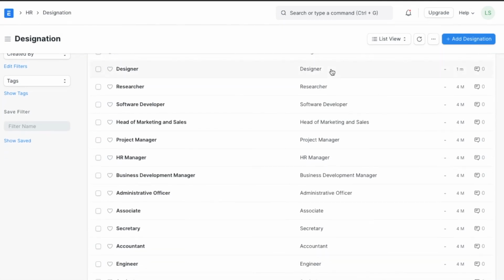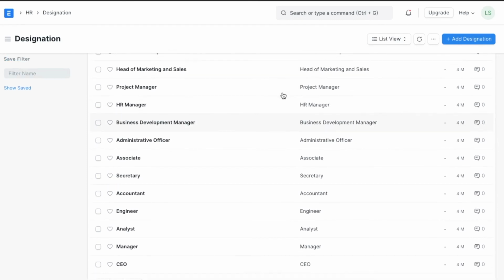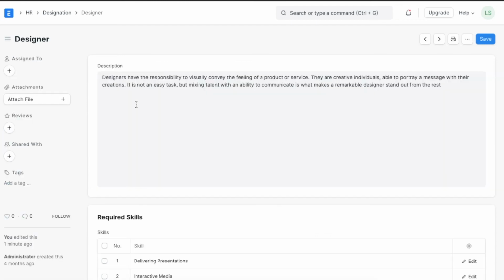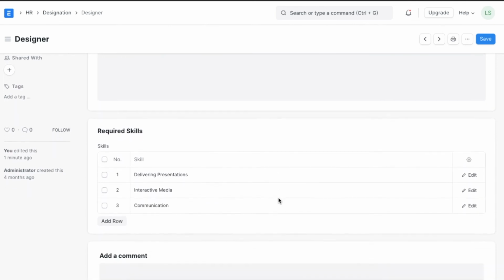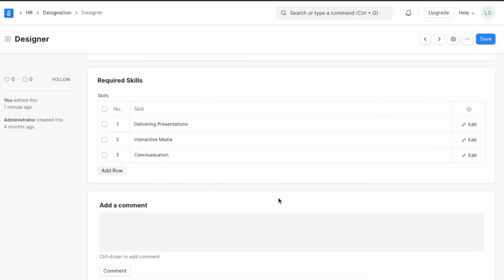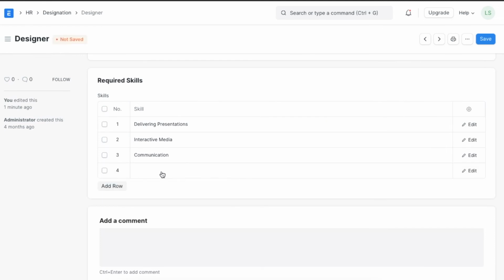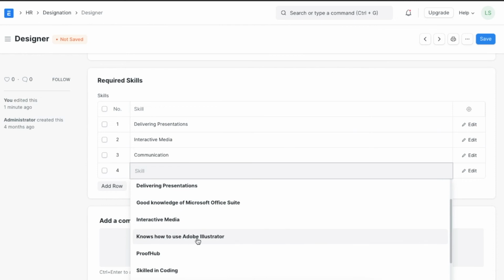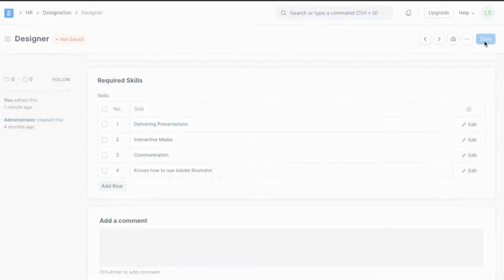Here, we can see a list of all predefined designations and others that we can add on our own. For example, if we open this designer designation, we will see that each designation has a list of required skills listed under it. We can add to these skills. For example, we can add knows how to use Adobe Illustrator.